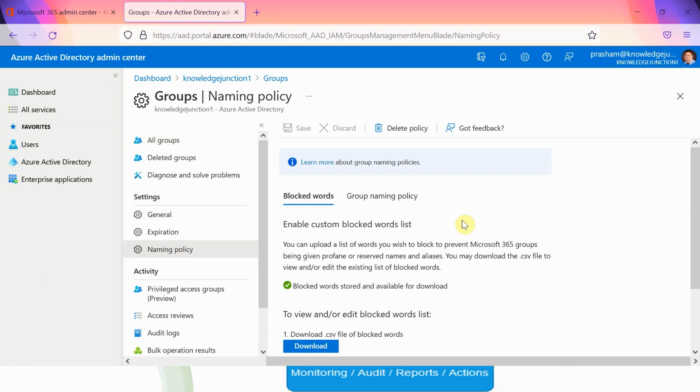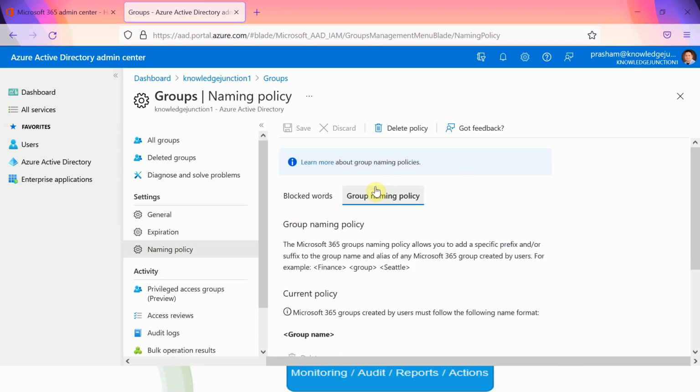Under the naming policy, we have two options. Either we can block a few words, so whenever a user creates a team, if we have specified blocked words, those words are not allowed in the team's creation. There are several exceptions to this; some roles are exempt, which we will discuss. The second is the group naming policy.